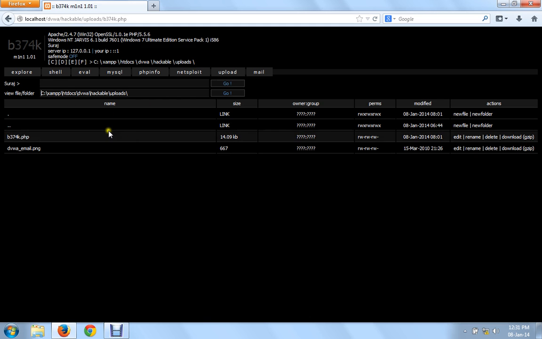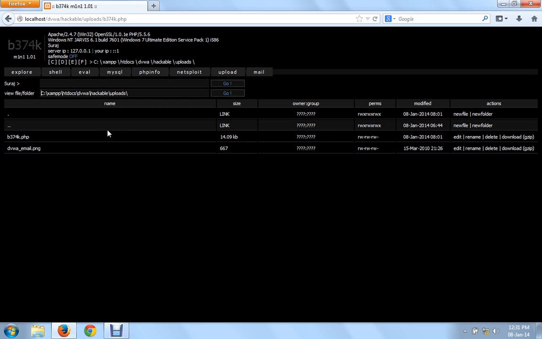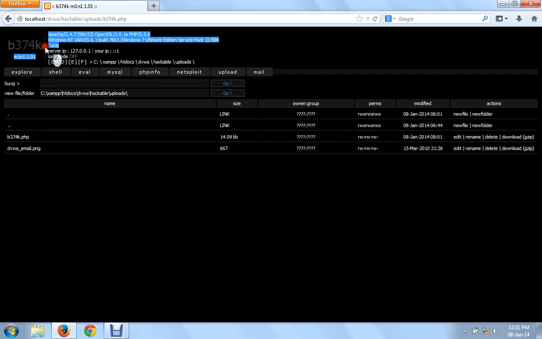See, this is a backdoor. Right now I'm able to do anything through the command prompt. This is my machine's information, this is my username, and this is my server IP. Right now I have 127.0.0.1, that is localhost.